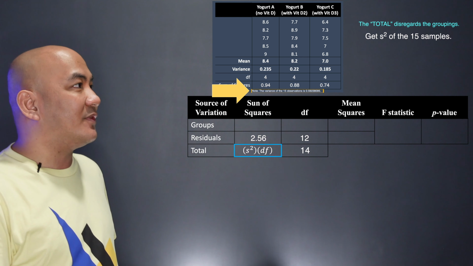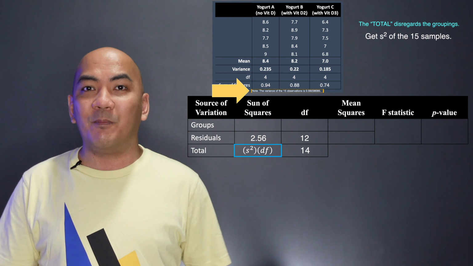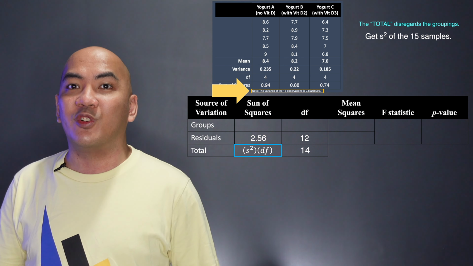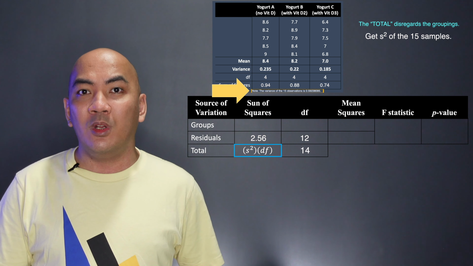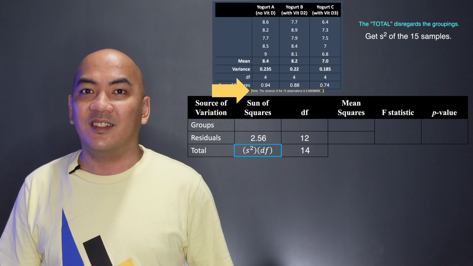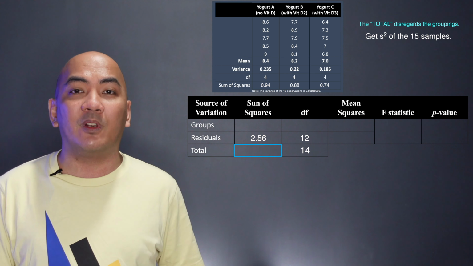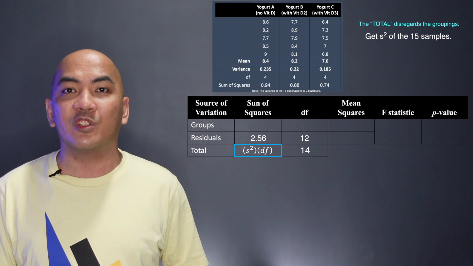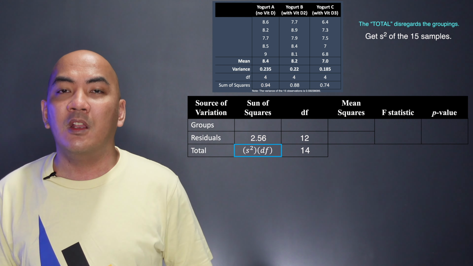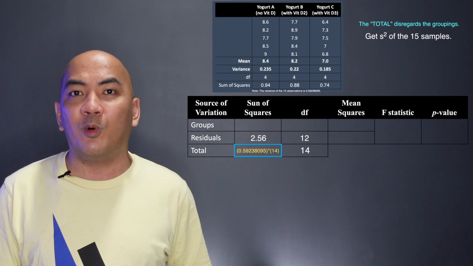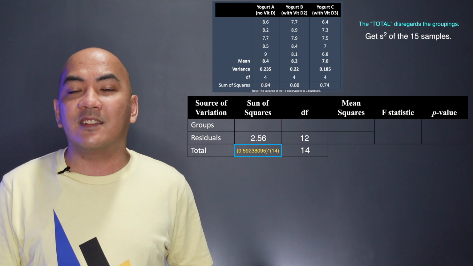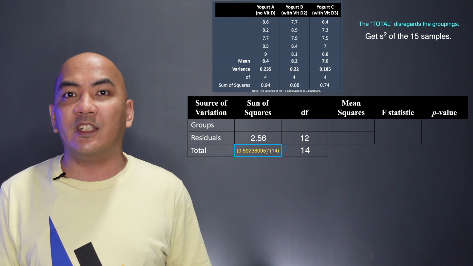That is why on this part of the data, it is stated that the sample variance of the 15 observations is 0.59238095. And applying that the sum of squares error of the total is simply the sample variance of the 15 observations times its degrees of freedom, we just have to multiply 0.59238095 by 14 and we get